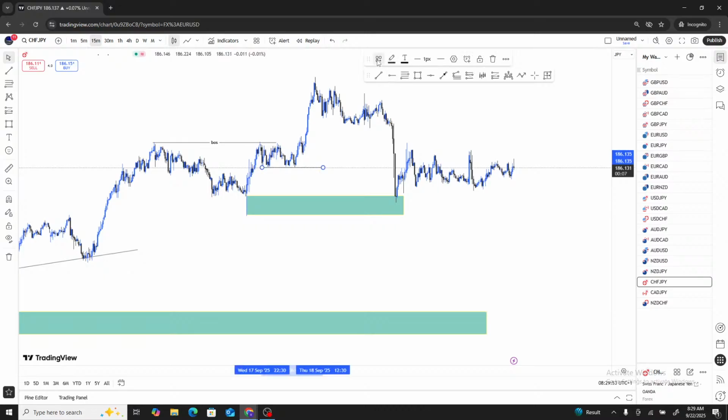You can see the liquidity, very visible. So as you can see, price has started into this hidden order block, and it has moved up a little bit,